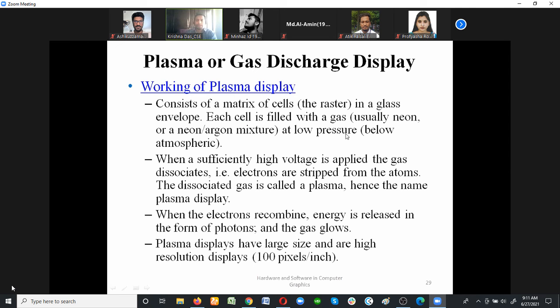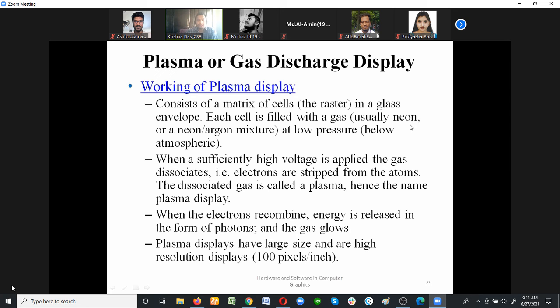Okay, and that plasma condition is used for one type of display. That's why you have seen that plasma is a very large display and also a very expensive display, if you go for any plasma television or something like that. Each cell is filled with gas, in a glass envelope kind of cell. As we all know, an envelope is something that can be sealed. So the glass envelope is filled with the gas,